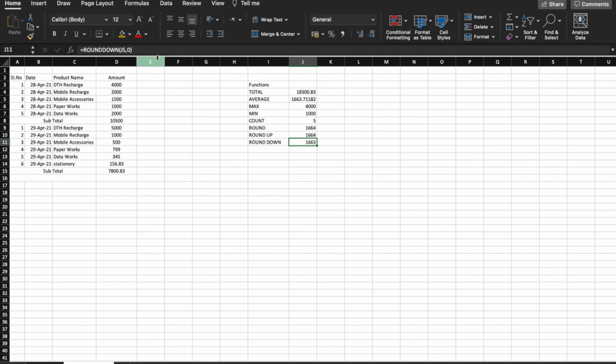The 0 represents the single digit, and round down means it will be reduced. So friends, now you know the difference between round up and round down value. This one round up is 1664 and round down value is 1663, for this value 0.711.